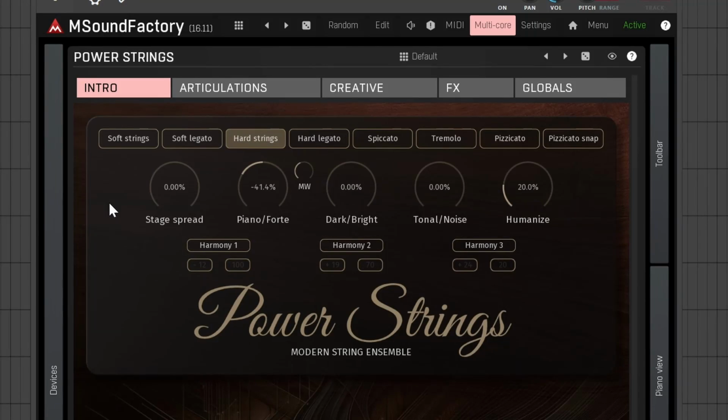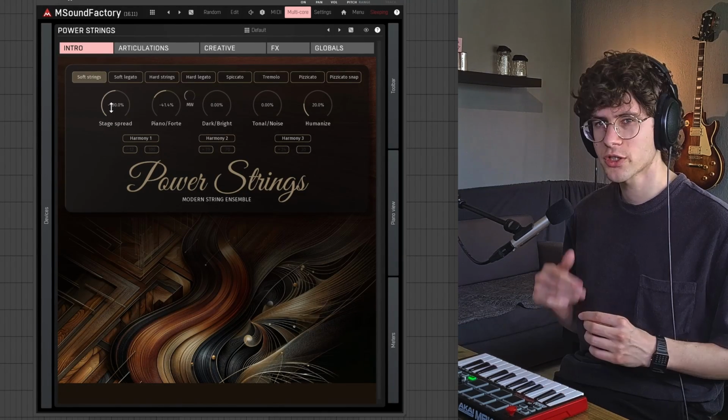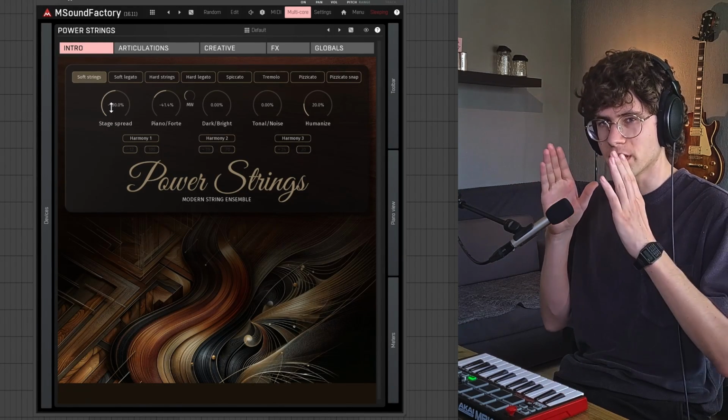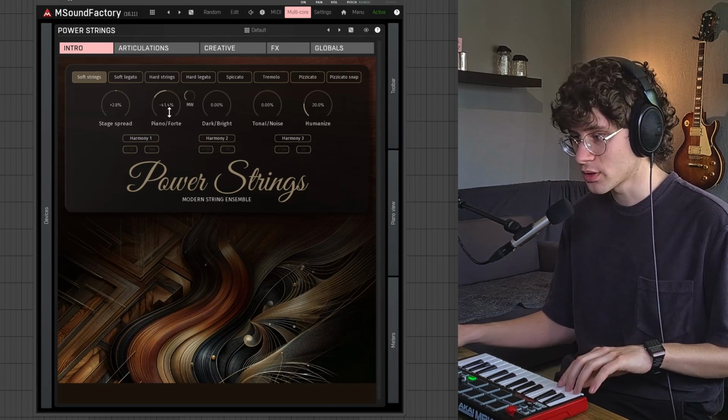And then you have 5 controls to shape the specific sound, from stage spread, which can shift the string positions from being more in the center to being more stereo on left or right. Then we have pianoforte,